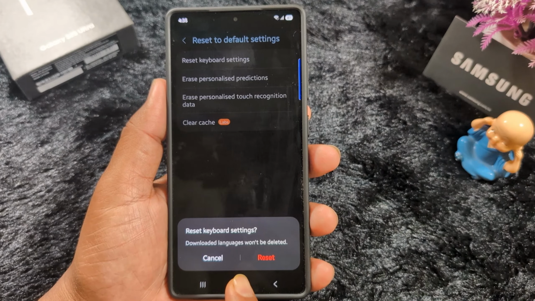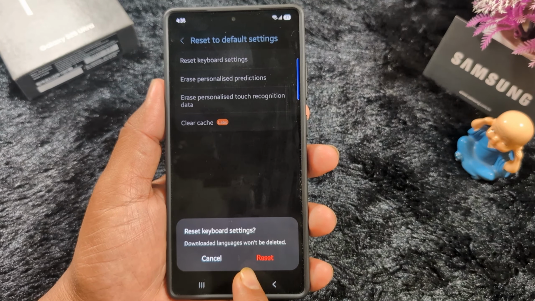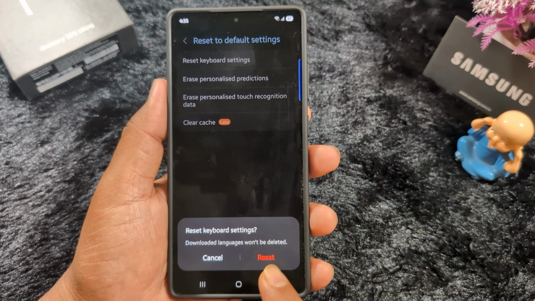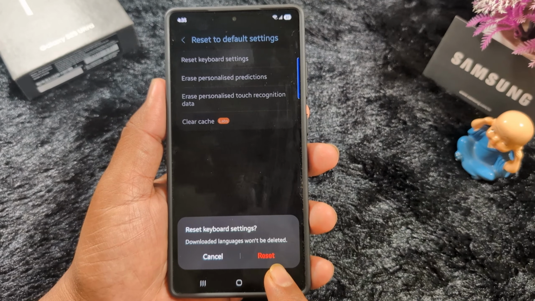Now you can see the pop-up reset keyboard settings. The audio and language won't be deleted. Tap on reset to reset keyboard to default setting on a Samsung S25 Ultra or any other latest Samsung